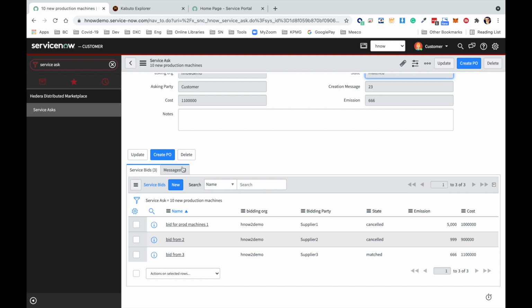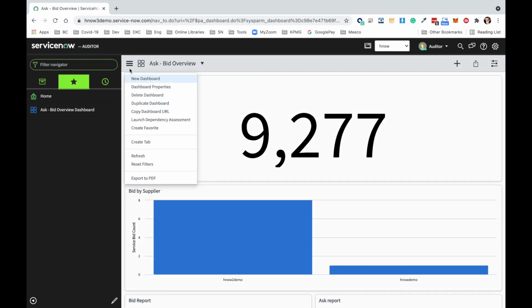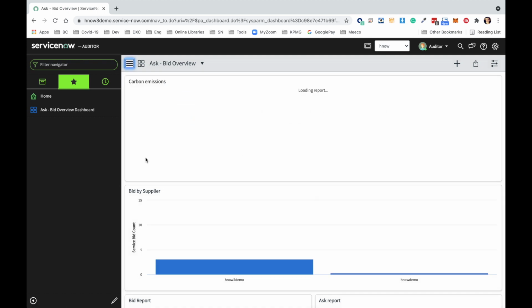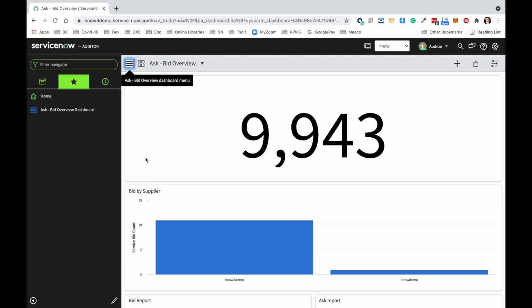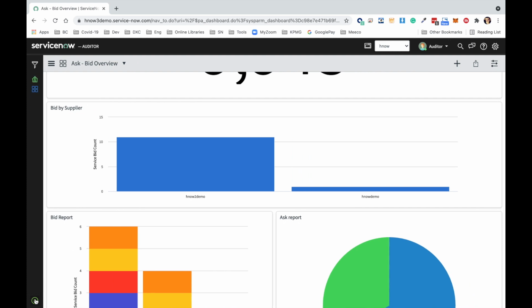If I move to instance number 3, I have the perspective of the auditor. I can refresh my dashboard and see that the numbers about total emissions of the supply chain are increased because this dashboard is aggregating all the emissions which are propagated to the service ask, and I can have any kind of KPI or report regarding